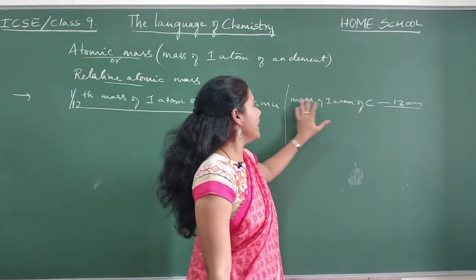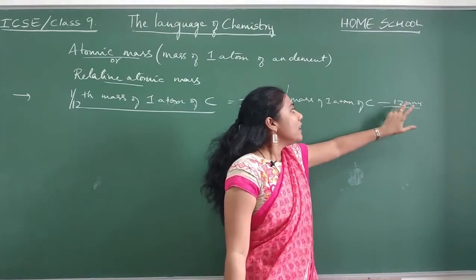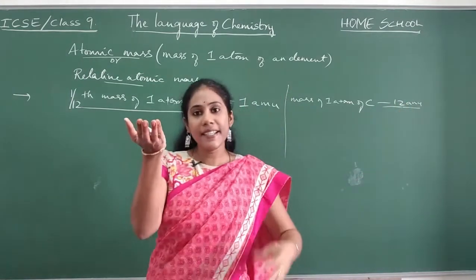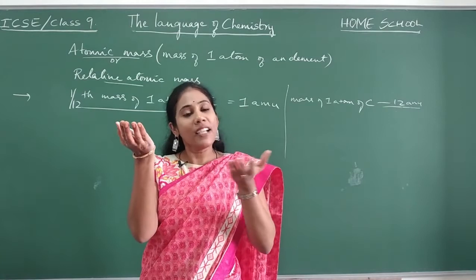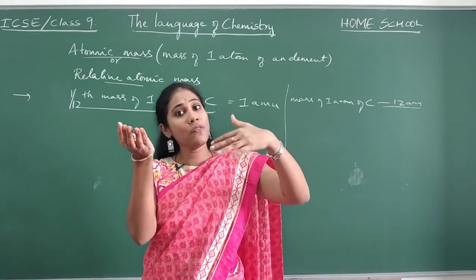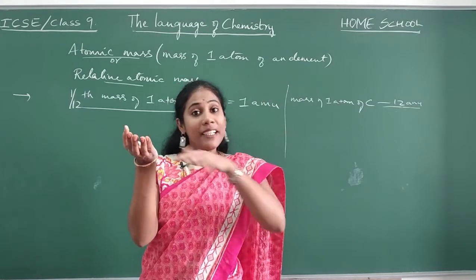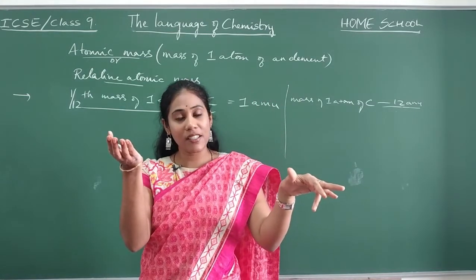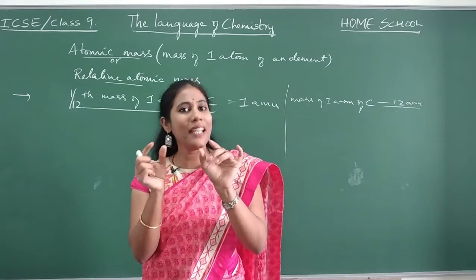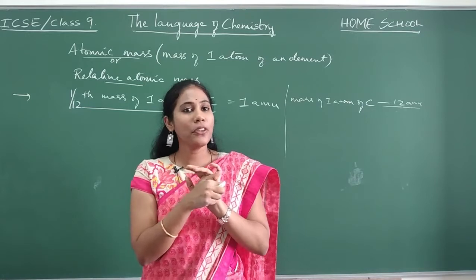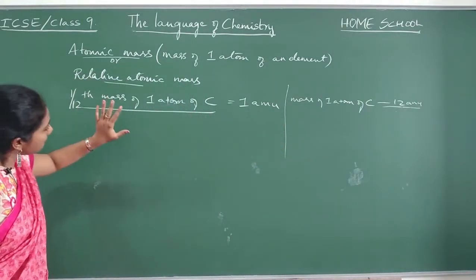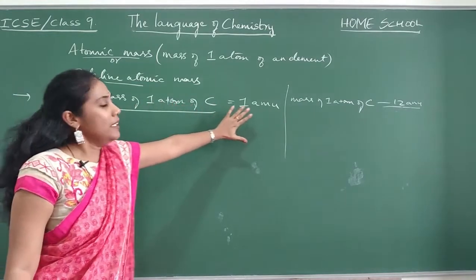They can't take one atom's mass as a reference because you see the digit, it is much higher. Yes or no? If the reference itself is 12 AMU and you are comparing other elements' mass with respect to the reference, their numbers will become much bigger and it may lead to confusion during calculations. If the value is a whole number, the smallest number like 1, it is more convenient, no? So that is the reason they considered 1/12th part of the mass of one atom of carbon as a reference.